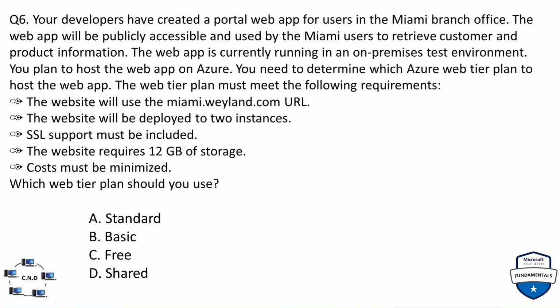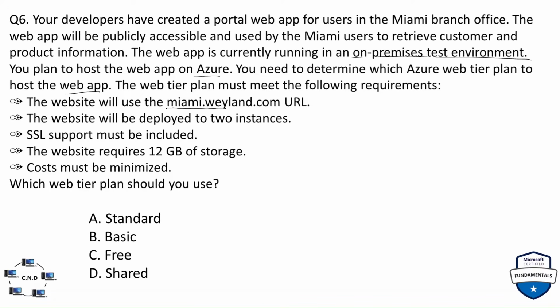The web app is currently running an on-premise test environment. You plan to host the web app on Azure. You need to determine which Azure web tier plan to host the web app. The web tier plan must meet the following requirements. The website will use the URL